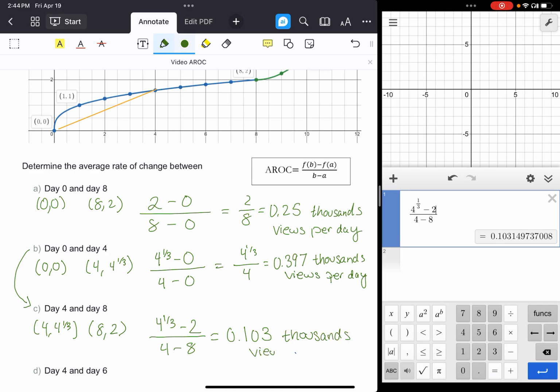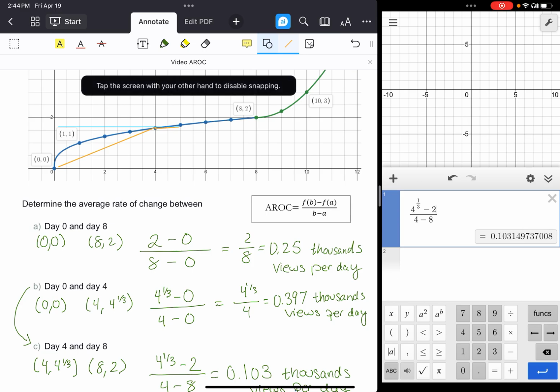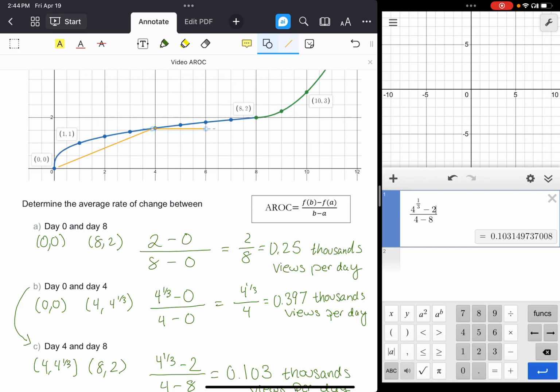of views per day. Now, if I'm wanting to get, neither of these are getting me super, yes, they're better, but I'm still pretty far away from what's happening exactly at 4. So what if instead I shrunk it even more? What if I went, instead of a 4, what if I just went, and now it really doesn't want to, what if we,